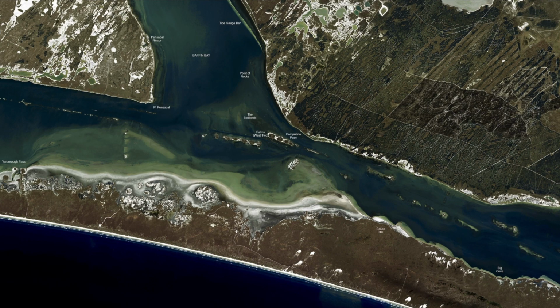Hi, this is Captain Paul Brawley with Fish Finder Guide Service, and today we're going to start out south in Baffin Bay. We're going to be looking here in the meadows, and we're going to be looking in this zone right here. You're going to try to stay shallow on this back bar here. Not so shallow you're stuck, but pretty shallow, and you're going to be throwing up even shallower as far as